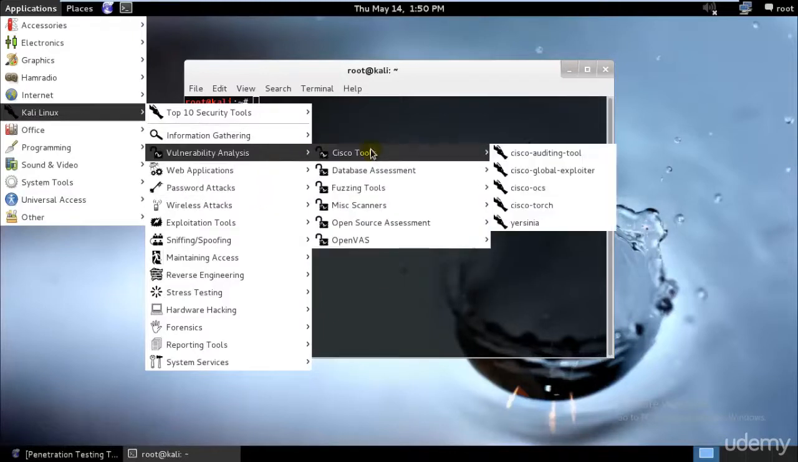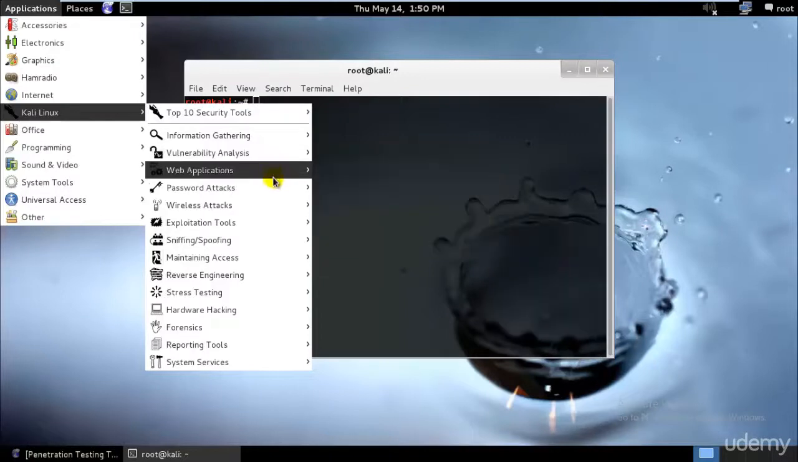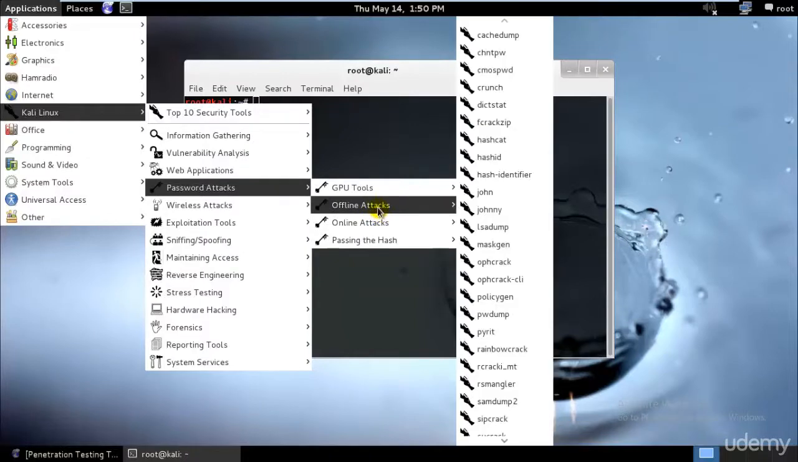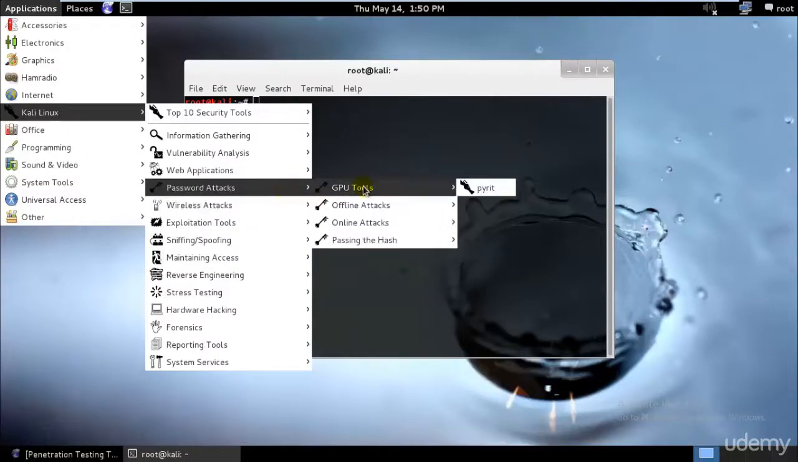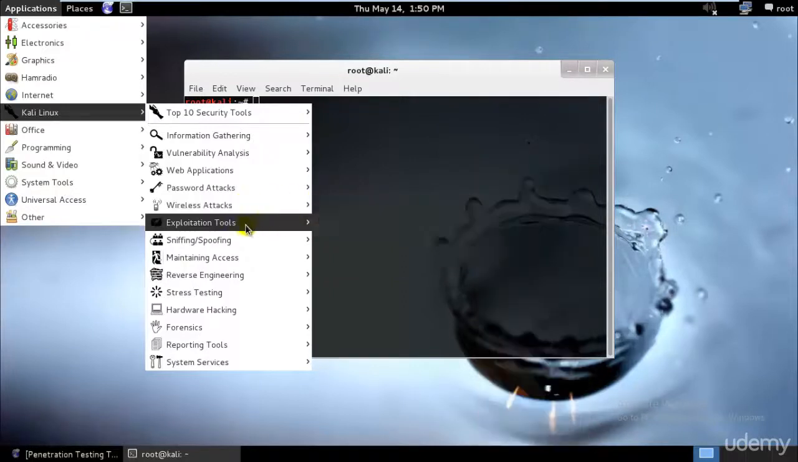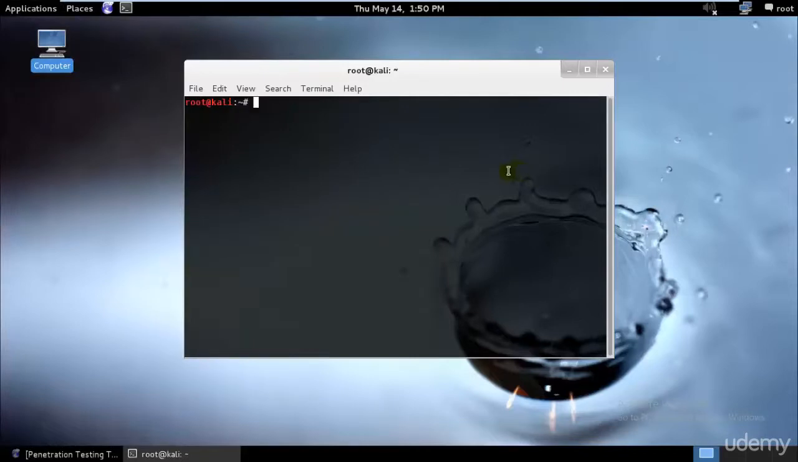These are vulnerability analysis tools for websites, checking how secure they are. These are for web applications running online. These are offline attacks. Password attacks can be much faster if you have a graphics card, because most of the time, or almost all of the time, passwords are cracked by graphics cards, the reason being that they are much faster than a normal CPU. So we have wireless tools, exploitation tools, sniffing, spoofing, maintaining access, reverse engineering, and many more. So, starting with dnsenum,